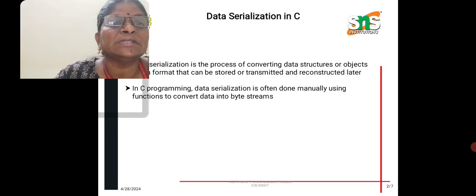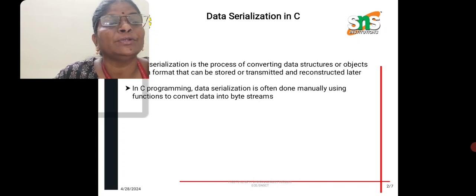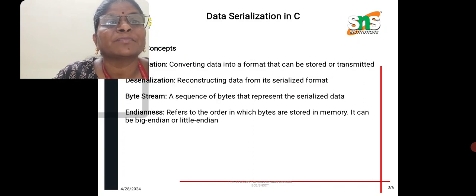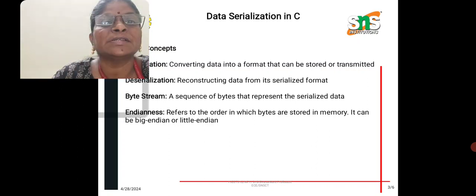Data serialization is the process of converting data structures or objects into a format that can be stored or transmitted and reconstructed later. In C programming, data serialization is often done manually using functions to convert data into byte streams. So the basic concepts of data serialization